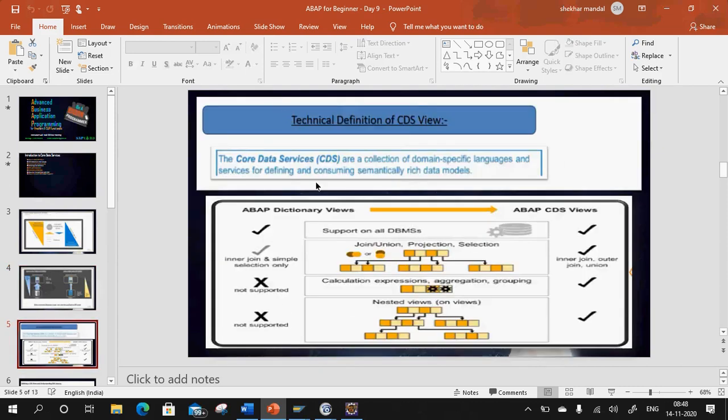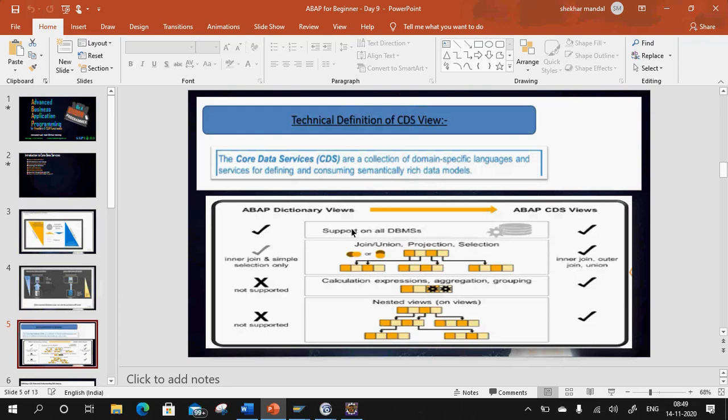So we told that the technical definition of CDS view is, it's a collection of domain specific languages and services for defining and consuming semantically rich data models. Okay, and we also understood the differences between your ABAP dictionary views and your CDS views, where your CDS views can be database independent because they can be consumed across any database.